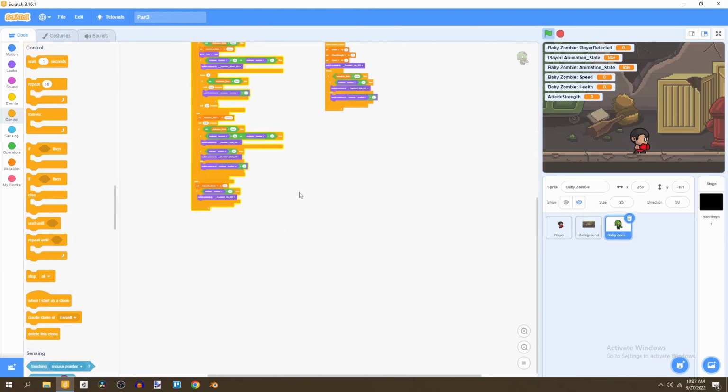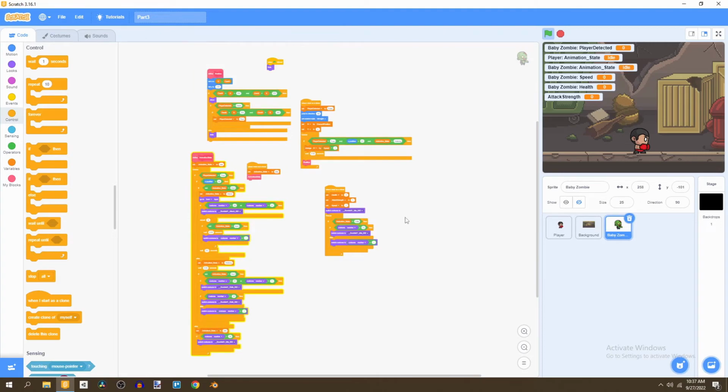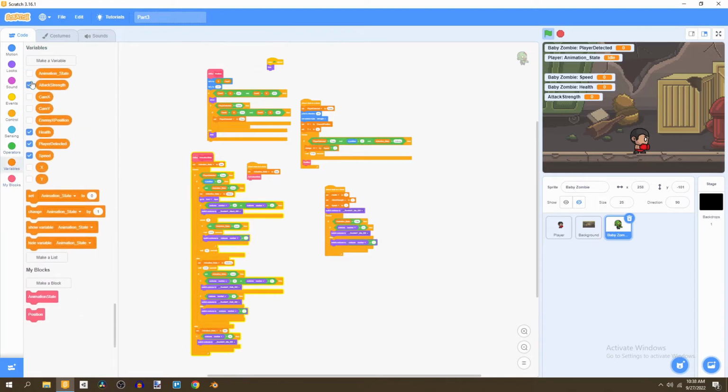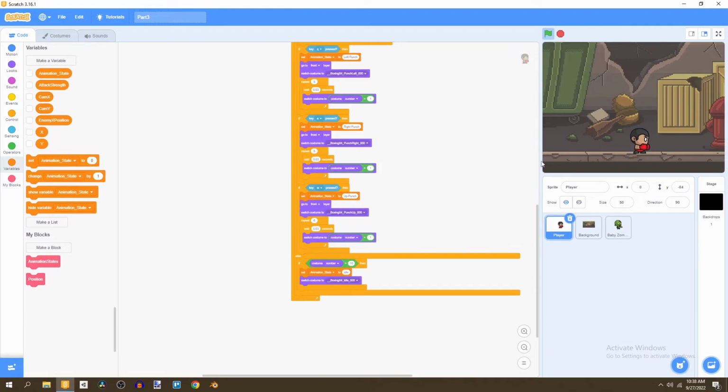And now we have our idle animation, and now the final thing is just to code what happens when our zombie is attacking our player, and then what happens when our zombie attacks our player. But before we do that, let me show you how the zombies work. Let's see how our game looks so far. So let's just disable these variables, and we're going to create a brand new